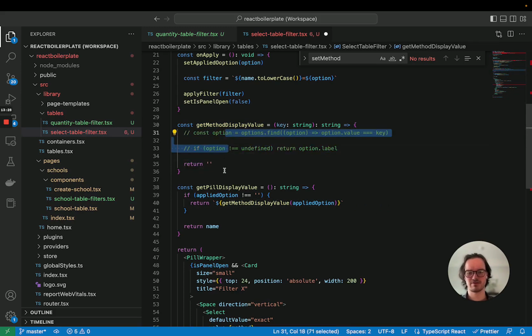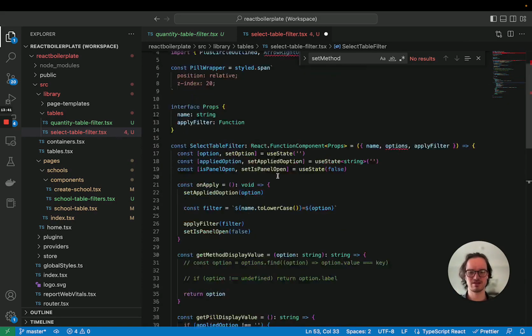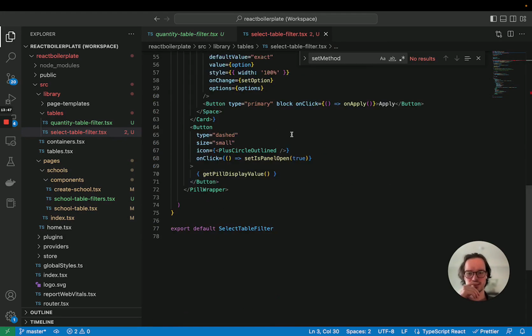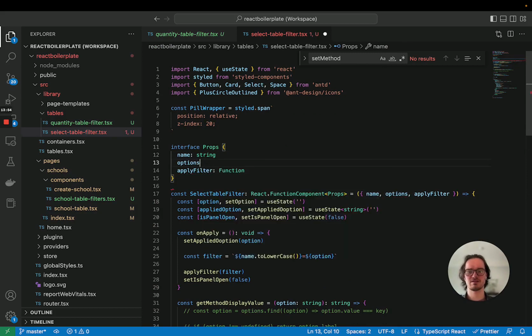And let's just get rid of that for now. And we just return the option here. Comment out that. This will be option, not method. All right, that's most of the errors gone. Options is not defined